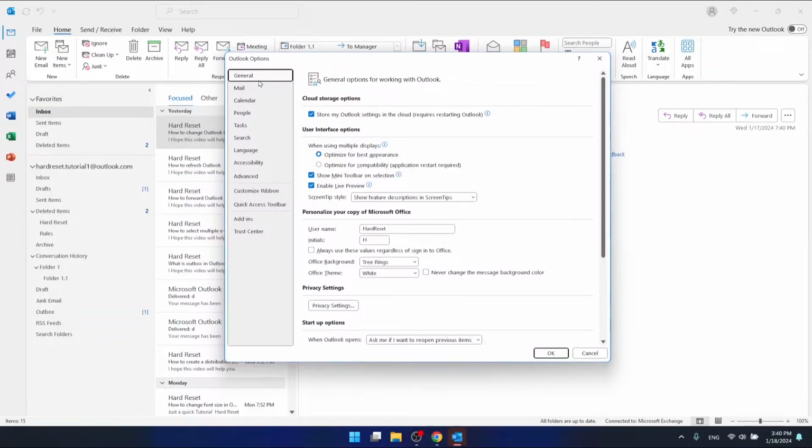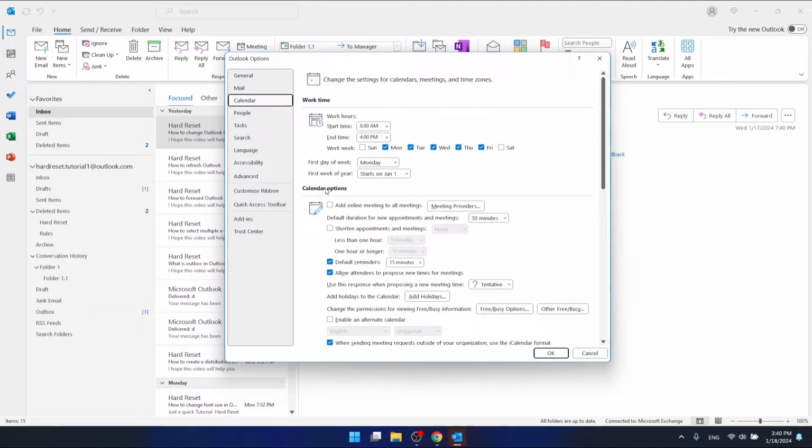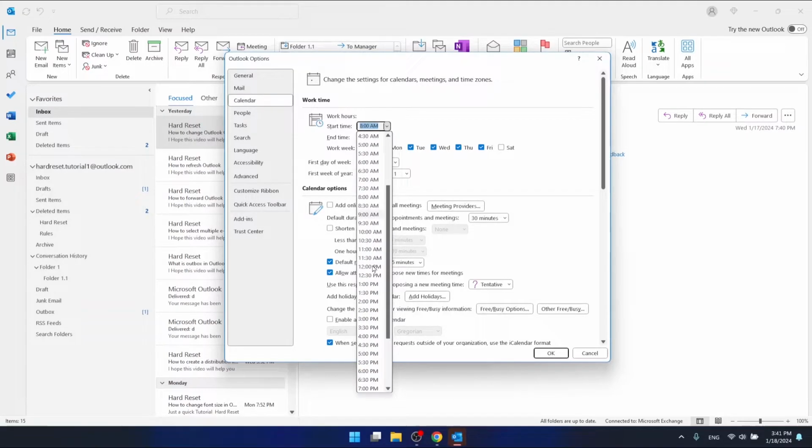Go to Calendar, which is the third option right here. And here you have the section called Work time, and as you can see, you can select the start time, the end time, and also the work week which you have. So you can select different hours, or you can even write here, because as you can see, we only have the 30 minutes mark right here. So you can, let's say, put